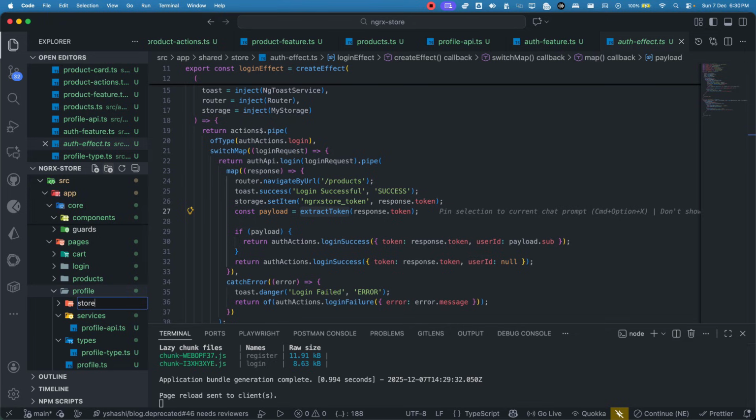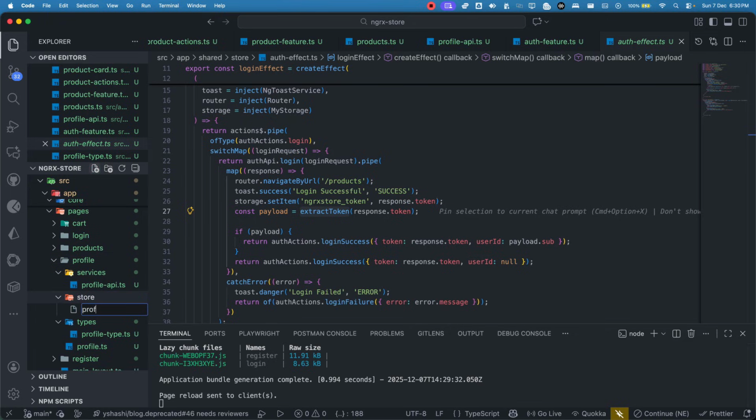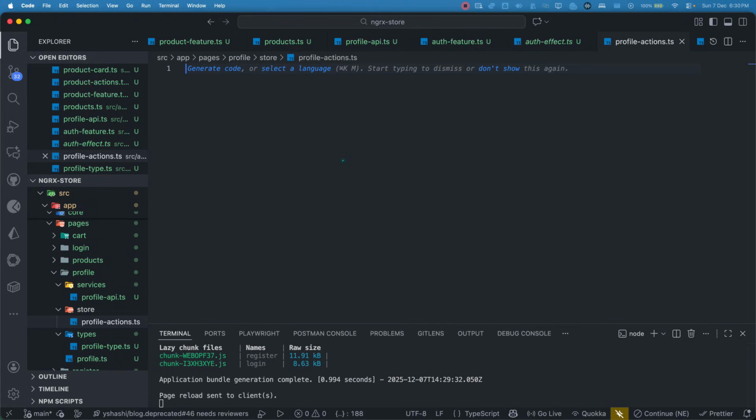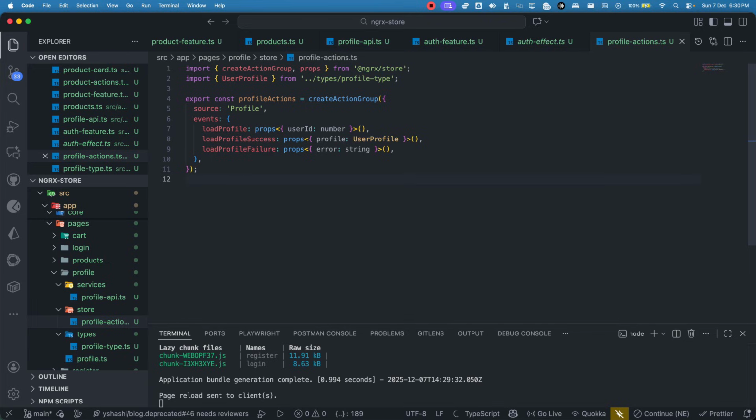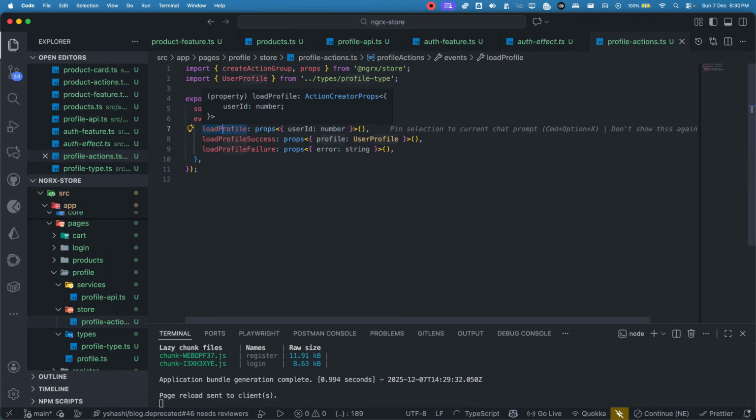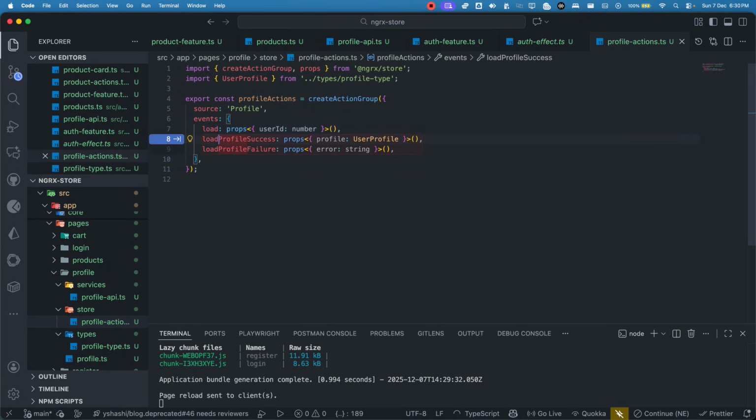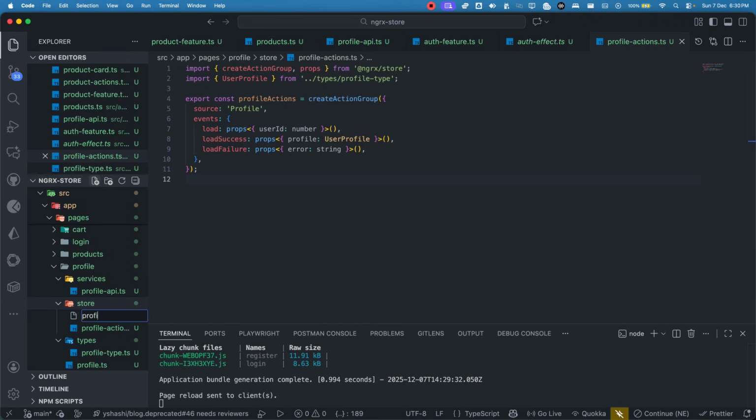We will have a store, and the store will have first profile.ts, and this is how the action will look. Again, I'm not going to type everything because now you already know what has to be done. This will just change to load. We can get rid of the profile. We can say load success and load failure. Now once the action is created, our second job is to create a profile